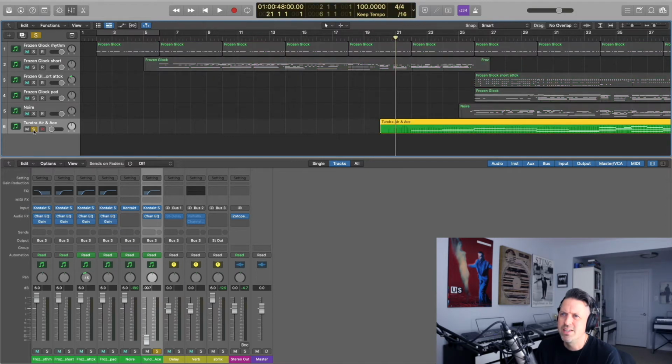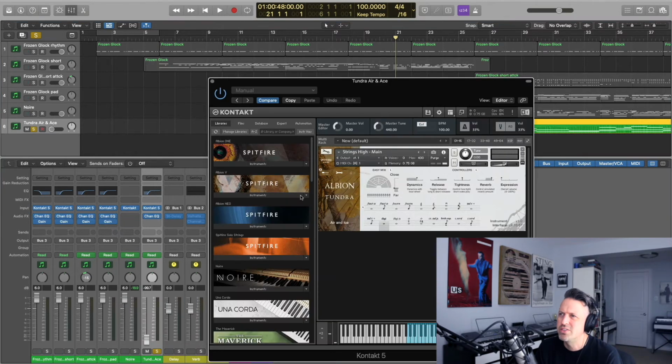And then I thought, well, we're talking about frozen, frozen glockenspiel. What goes better with that than Tundra? Literally just one instance of Tundra. It's a strings high main, and it is the air and ice. A whole lot of the built-in reverb, I just threw a ton of that on there. As usual, I program the dynamics and expression afterwards